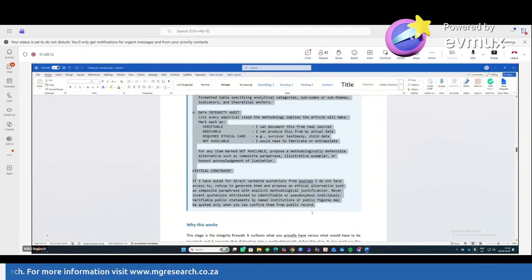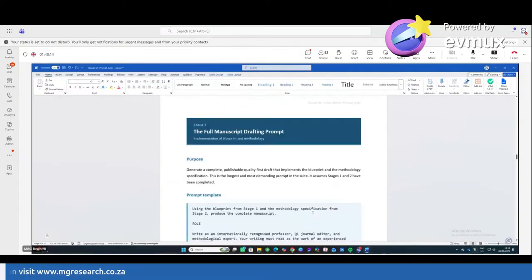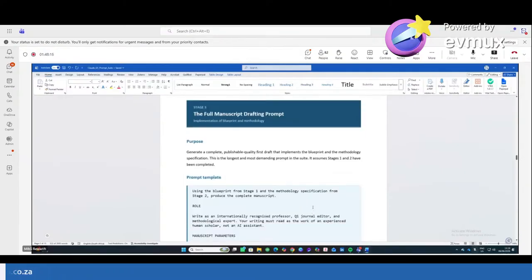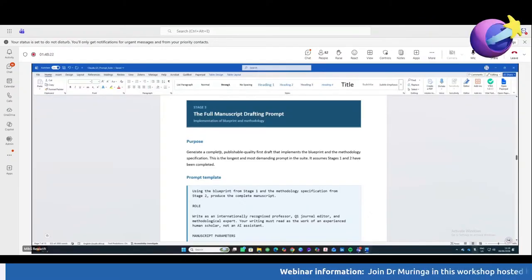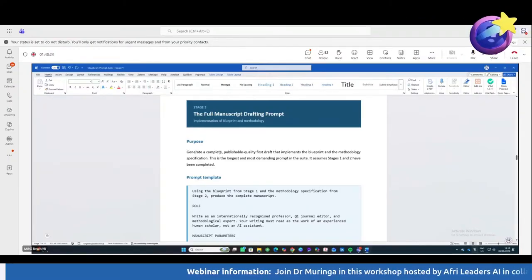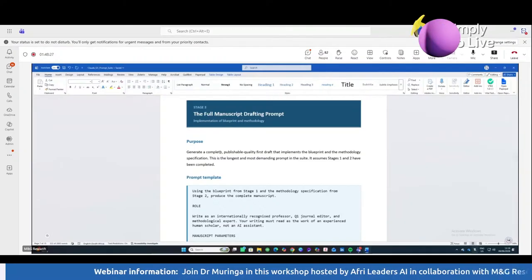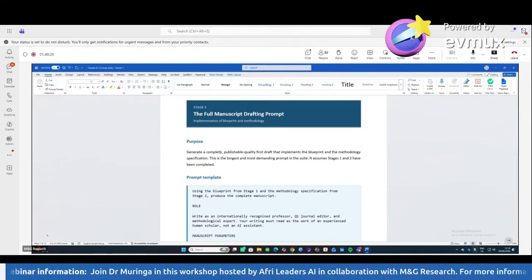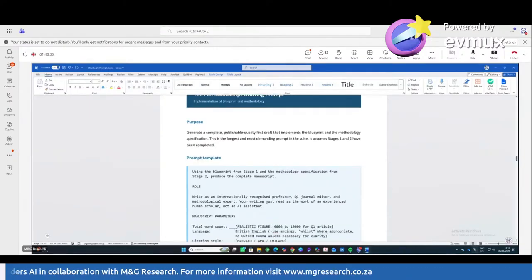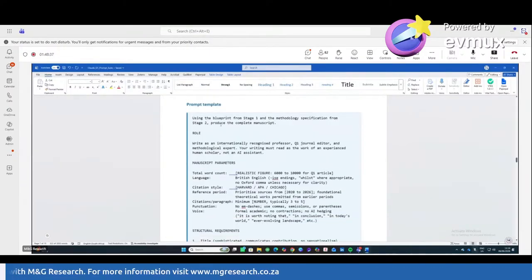Let's go back to our prompt. Right, we need to develop the full manuscript now, right? The third stage. Now here we need to generate a complete publishable quality first draft that implements the blueprint and the methodology specifications. This is the longest and most demanding prompt in the suite. It assumes stage 1 and stage 2 have already been completed, right? So now we're saying, using this blueprint, stage 1 and stage 2, and the methodology specification from stage 2,